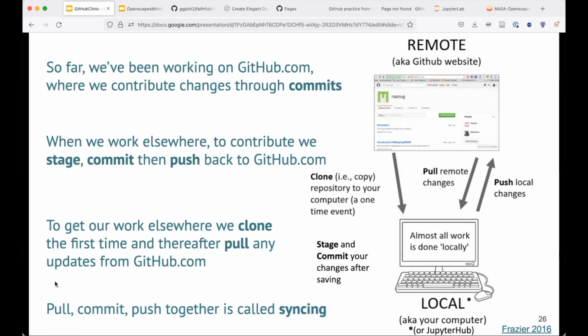So this is a lot of terminology and concepts that we'll repeat and practice together. But the main idea is that pulling, committing, and pushing together is called syncing. And those are the steps involved for you to be able to work somewhere else, but have it be tracked with github.com. So what this looks like is, this is the website, github.com, where you'll get this onto your local